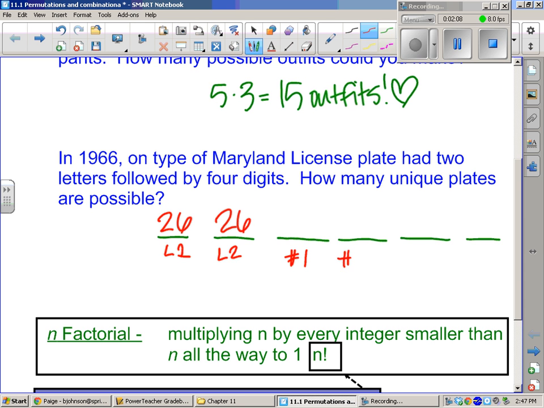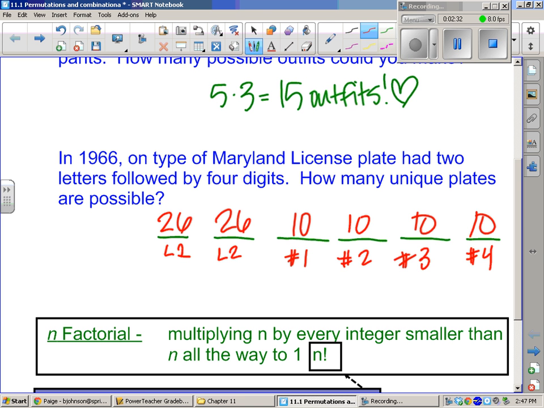Now we have numbers to choose from. How many single-digit numbers are there? I want to say 1 through 9, but then I think I'm missing something. Yeah, what about poor little 0? So there's really 10 possible single digits. And I could have 1, 1, 1, 1, or 1, 2, 3, 1, or 4, 5, 6,